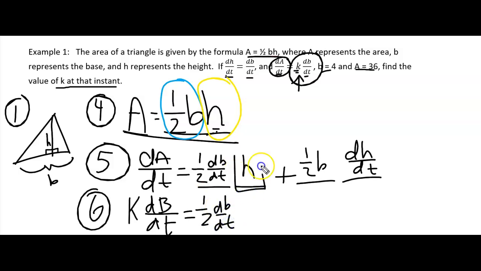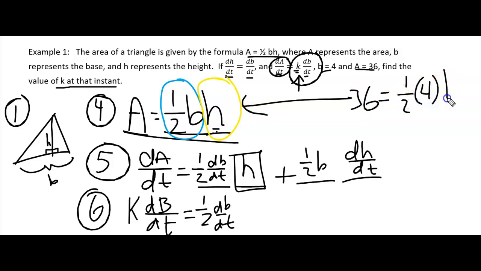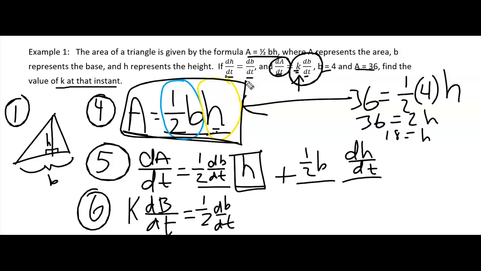We can actually find h though. It doesn't tell us what h is, but we can find it. Here's how we can find it. We can come back up here to this original formula. They tell us that A is 36. They tell us that b is 4. So we should be able to find h. So if I divide both sides by 2, I end up with h equals 18. So a lot of times you will come back to this equation in step 4 to find a missing variable, and we can do that. So h is 18